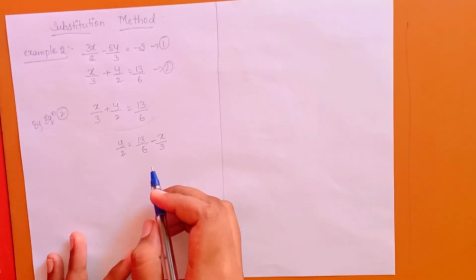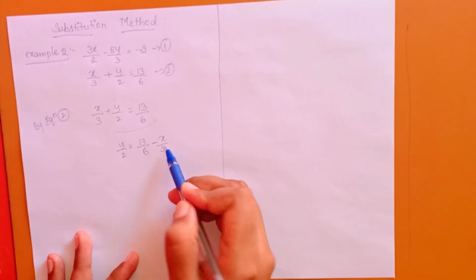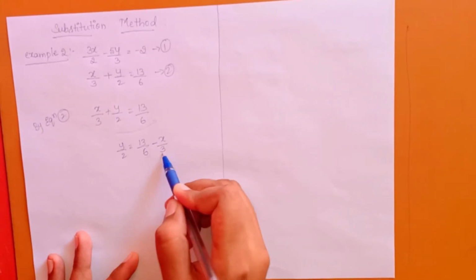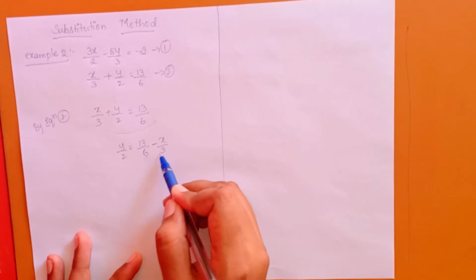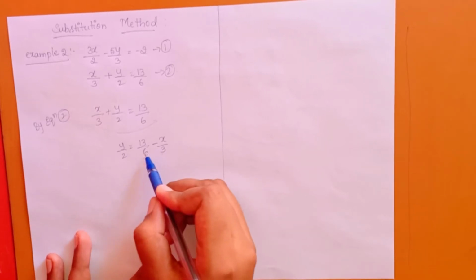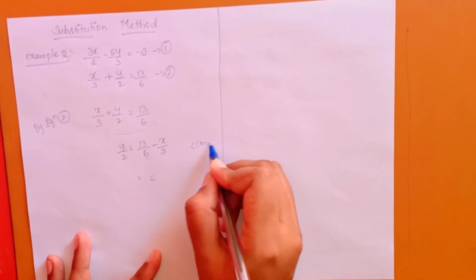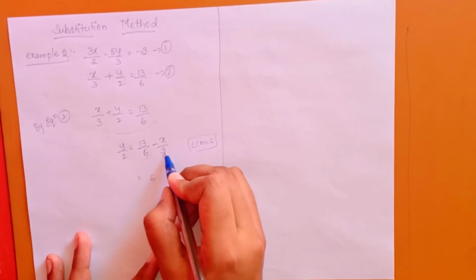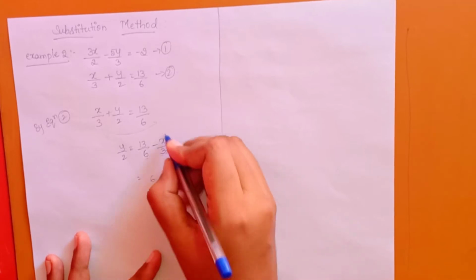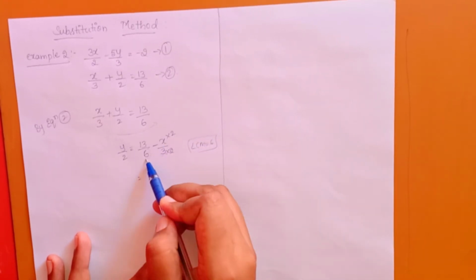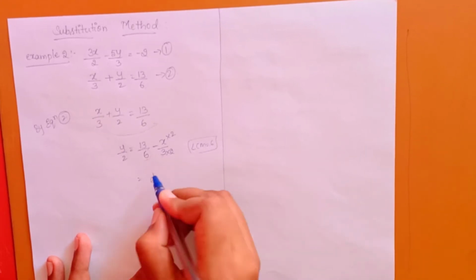So we need to take the LCM here. We can see 6 is the bigger one and 3 is the smaller one. So we need to check first, is 6 divisible by 3 or not. Here 6 is divisible by 3, therefore 6 only will be considered as the LCM. So the LCM is 6, and 3 also needs to become 6, which means we need to multiply this one by 2; 3 2s are 6. Here we have 6 only as the LCM, so no need to multiply. If you want, you can multiply with a 1.